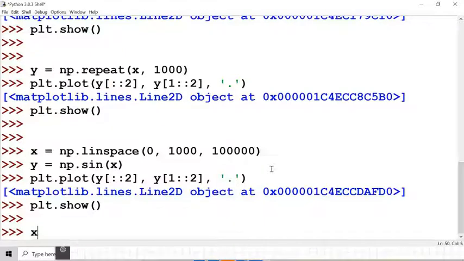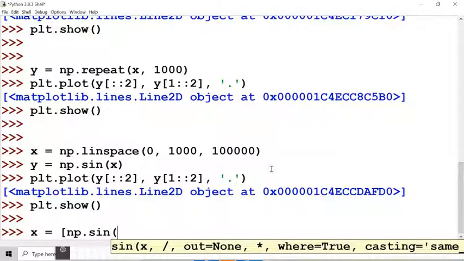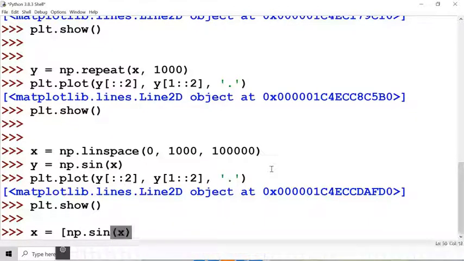For example, I create x equal to np.sin of x[i] for i in range 1000, for example.